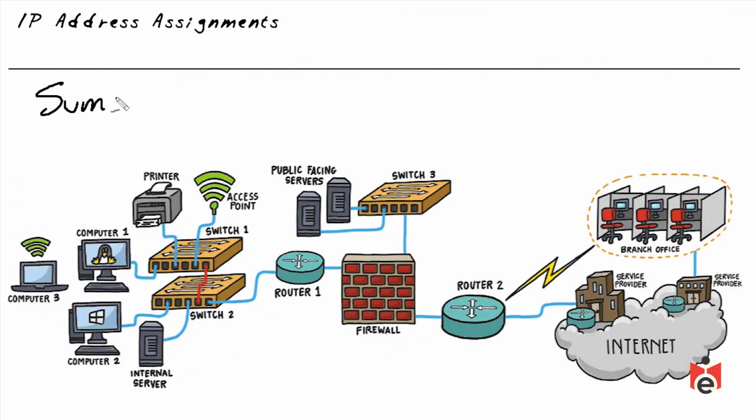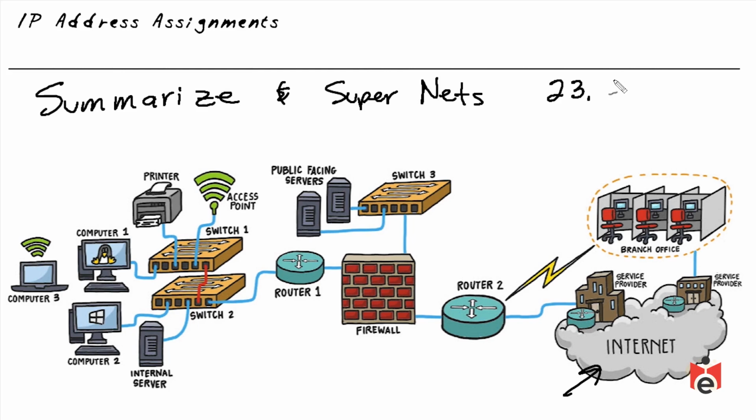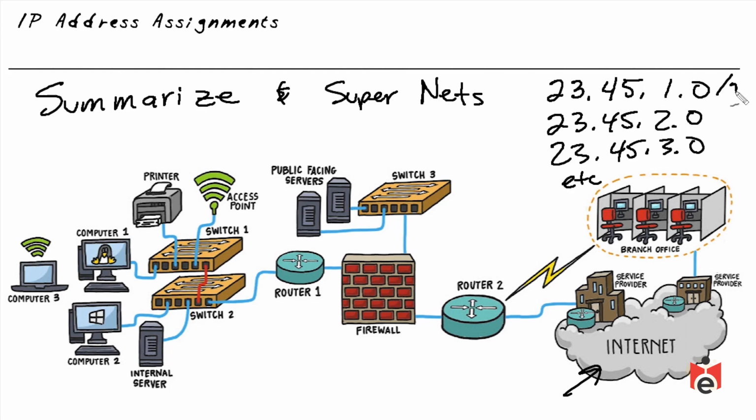Another important aspect in our planning would be to summarize networks. So in our organizations as well as on the internet, we can go ahead and summarize groups of routes together and then train our routers how to get to those locations. So here is an example. Let's imagine we have a couple hundred routes that begin with 23.45, and then we have a route for .1, .2, .3, and they're all 24-bit networks. Instead of having a couple hundred routes in a routing table, we could summarize those by saying, you know what, we have a whole bunch of routes that all begin with this. So we could create a summary that says